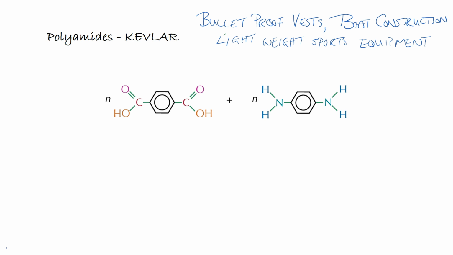The final condensation polymer we're going to look at is a polyamide, and it's called Kevlar. Often used for things like bulletproof vests, boat construction, and also lightweight sports equipment, because it's very tough and can withstand a lot of shock and impact. So here are our monomers that the Kevlar is made from, and once again we've got our benzene, and we've got the positions of